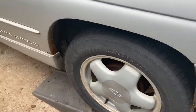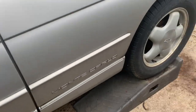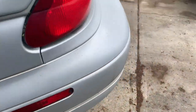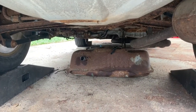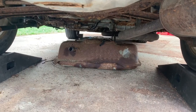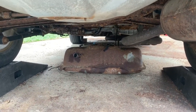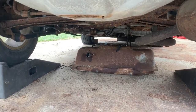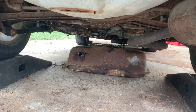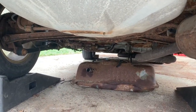Got some bad news on the Monte Carlo, but we're going to get it fixed up. I dropped the tank yesterday. You notice, see all them wet spots? Yeah, it was leaking. It had some holes in it. We got a new one in. We're going to be putting that in, and we're going to be cleaning up quite a bit of this rust,